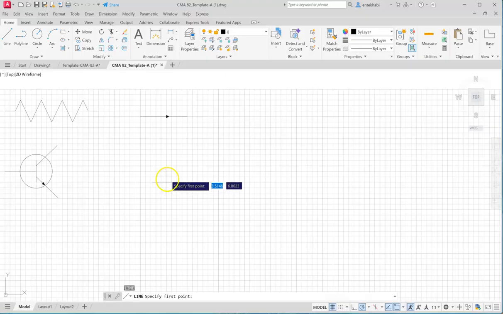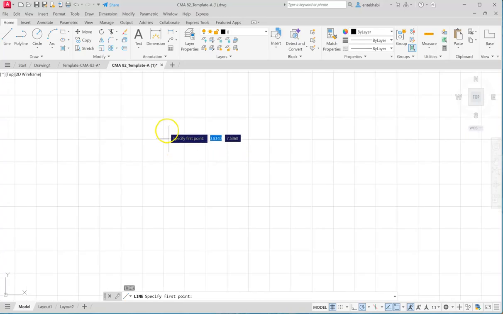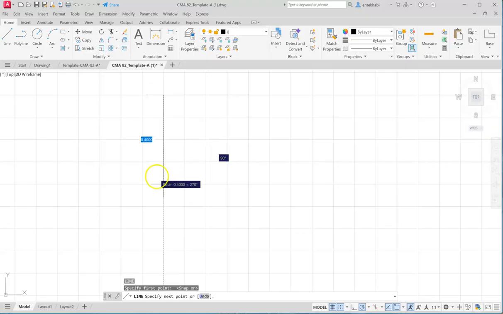Let's begin the line with the point. Make sure snap is on. There are 0.4 down. I'm using the 4 grids to point down, and this one also has no dimensions given. I'm just using another 0.4.